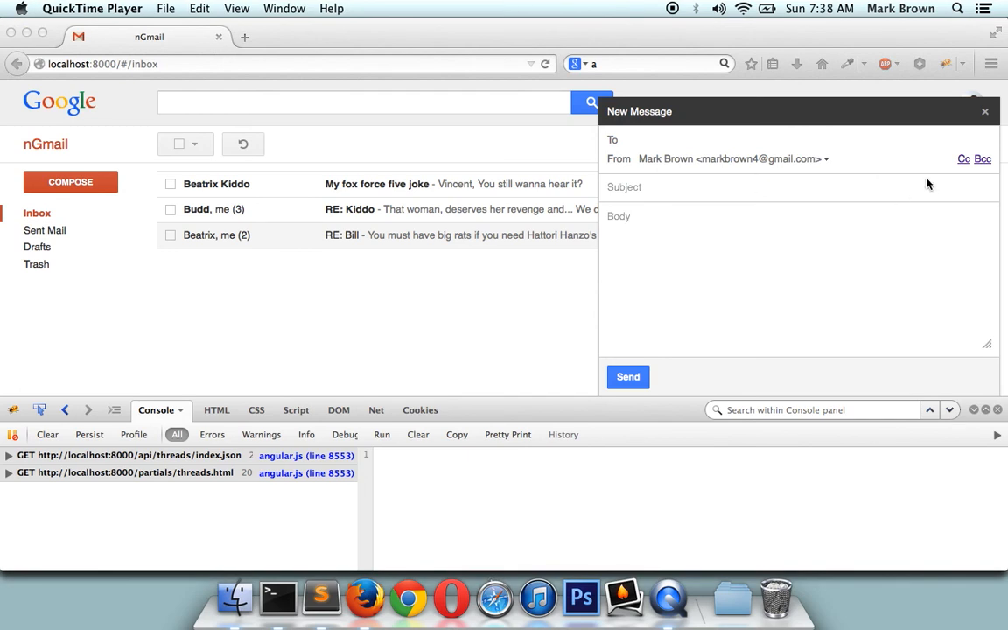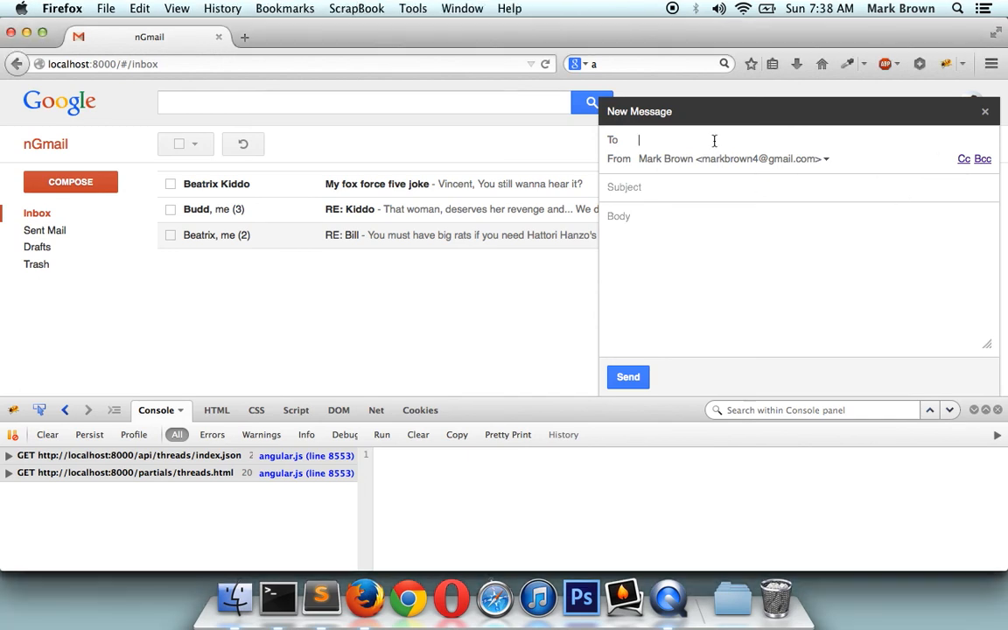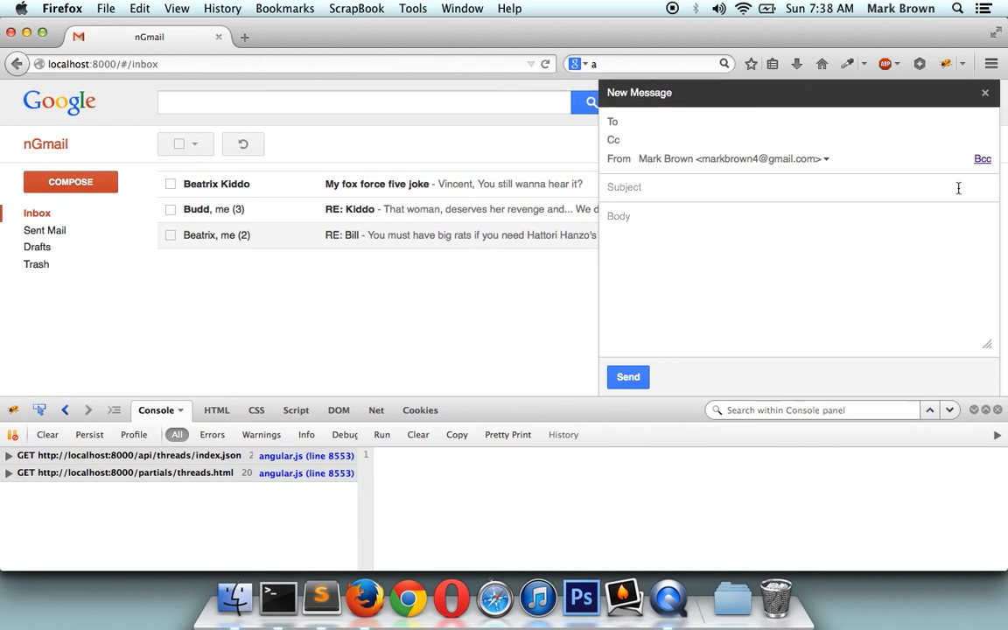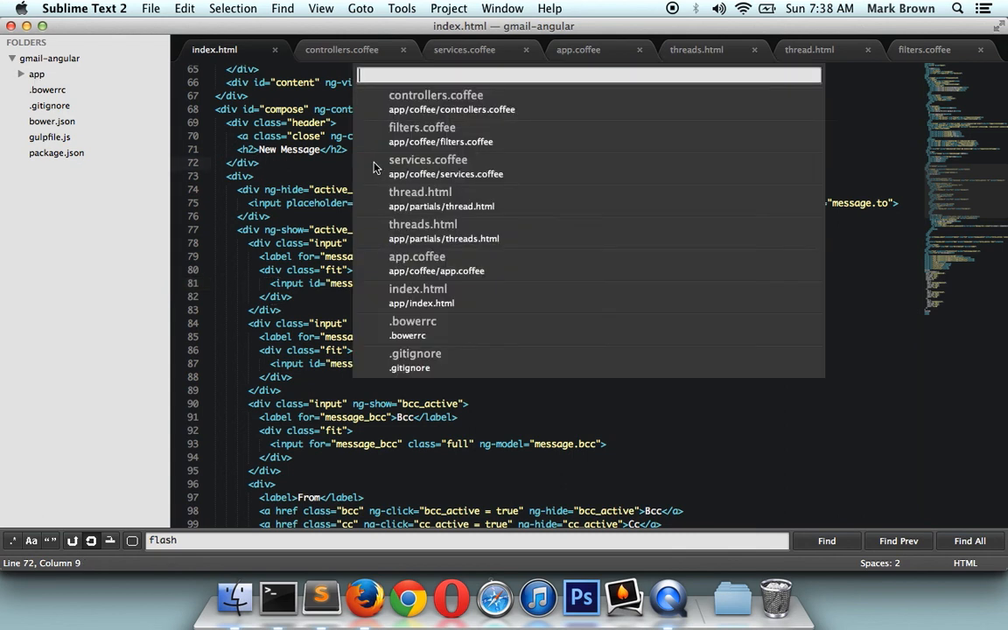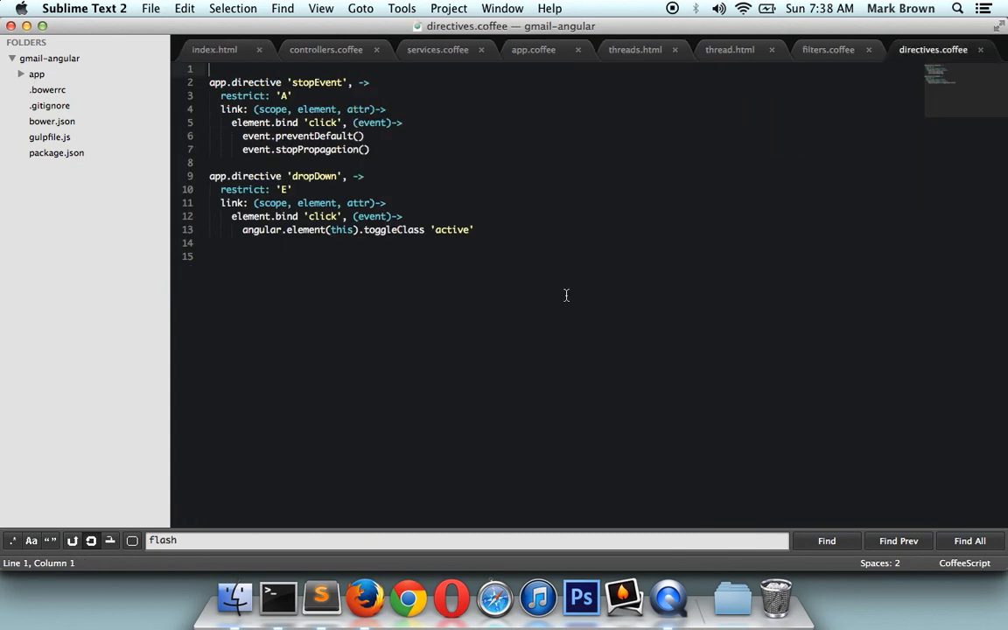The final piece that we'll add here is around the focus states of these inputs. So when we first launch the compose window, we want this to field to be focused and at different points. So when we show this CC button, we want to focus on there, and BCC, same deal. So we can make a directive to do that, and we'll call it focus when,